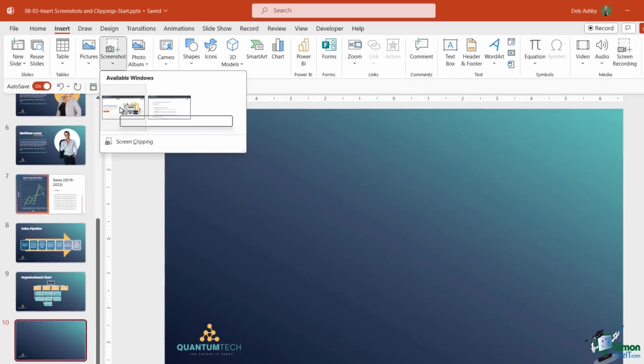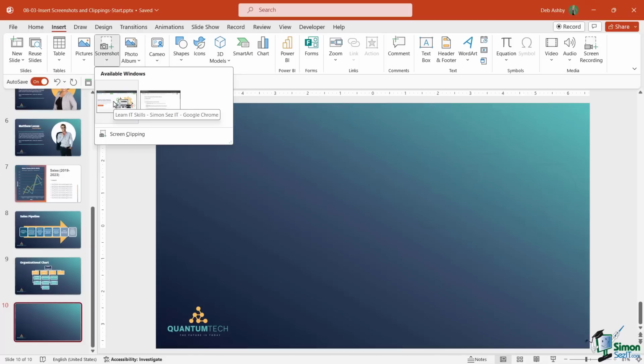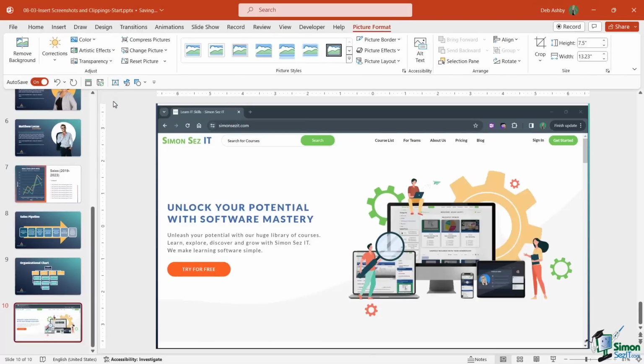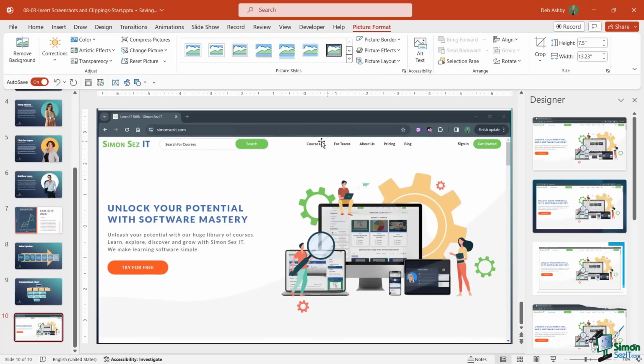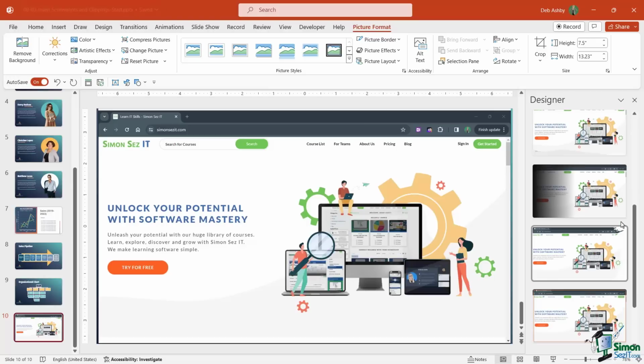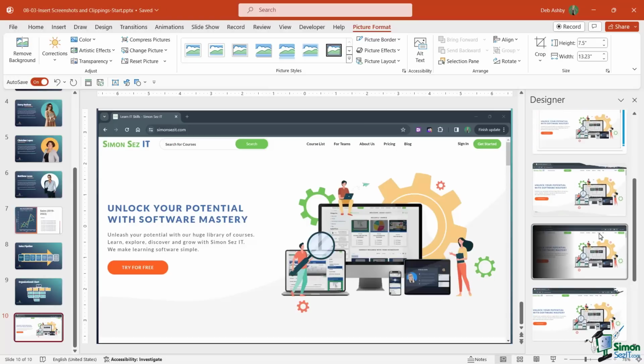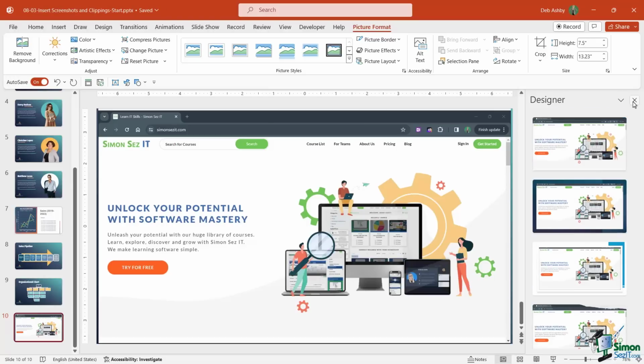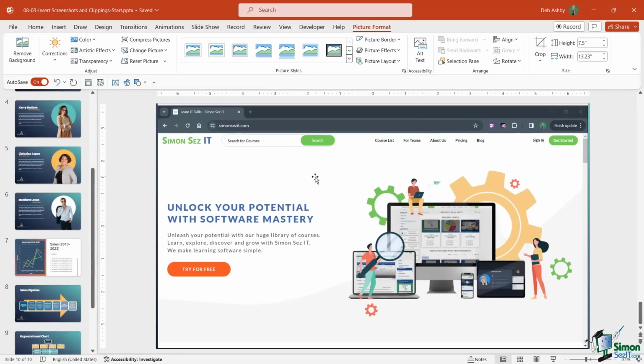So if I click on the first one here, which is just the Simon Says It website, I can click it and it's going to directly insert that screenshot into my presentation. Notice because it's an image that I've inserted, Designer is popping open on the right hand side and giving me some suggestions. So I could choose to use any of these if I wanted to. Now I'm not going to in this case, I'm just going to close down that pane